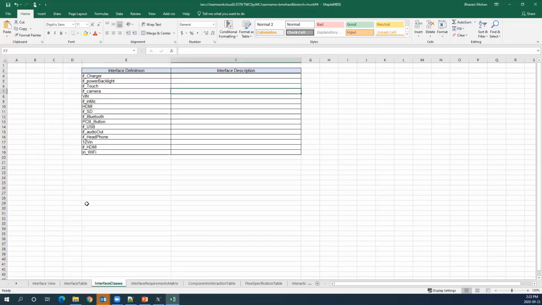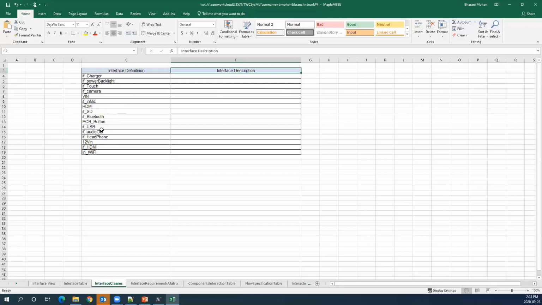In the next worksheet, I'm just listing all the different types of interfaces that I have created. The second column displays the description for the interface, like the definition and its description.